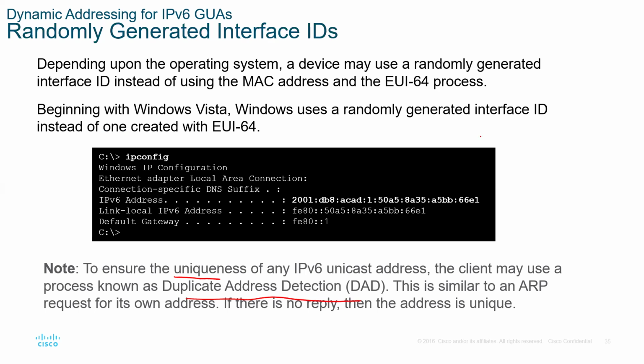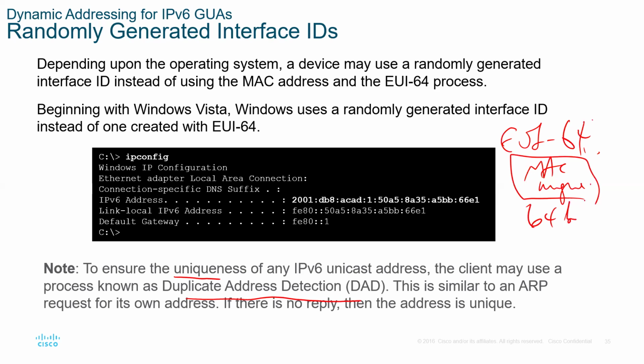Because if you look at EUI-64, it is using a MAC address, which is unique. So the MAC address is unique, therefore the 64-bit interface ID will also be unique. MAC address is a unique number, so we don't have a problem. You could not have two devices in a network with the same IPv6 address because the MAC address is unique. But with the random one,